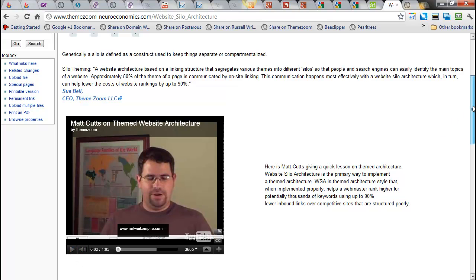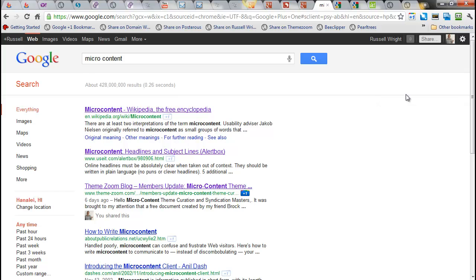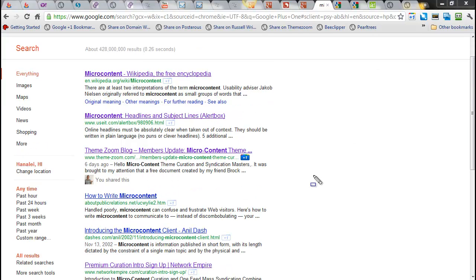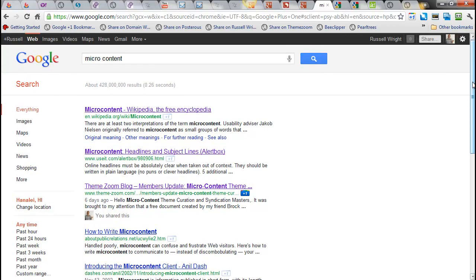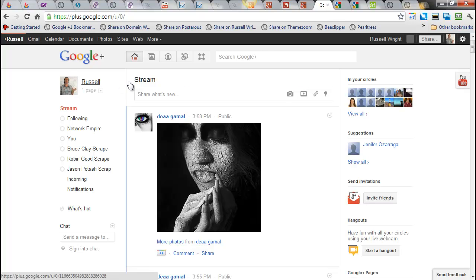And he talks all about this here. Now, this means that organizing your site into themes has even more importance than it ever did, because you can systematically rank, which is what we're doing right now, for all of your terms on the search engines. So just use your same website architecture that you're using to rank for thousands of keywords using far fewer inbound links than your competition, which is, of course, as you guys who know me know, the theme zoom way. And now go social with it by incorporating Google Plus into the profiles, especially your Google Plus profile page,